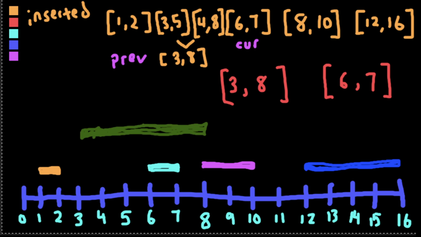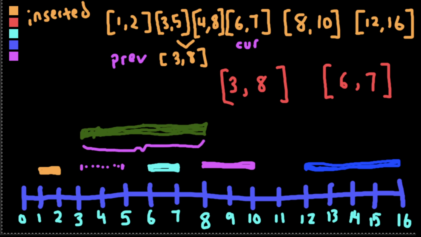Well, what you get is that you got rid of that 3.5 that was previously here, right? I'll put a dotted line here, and now you have this longer interval here. And so this 3.5 and 4.8 turn to 3.8,